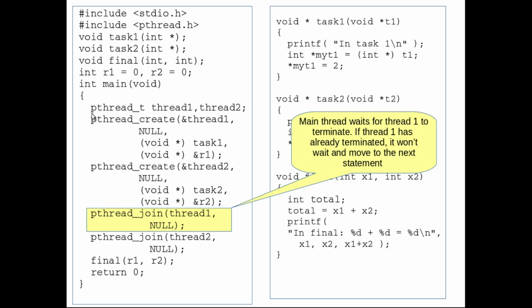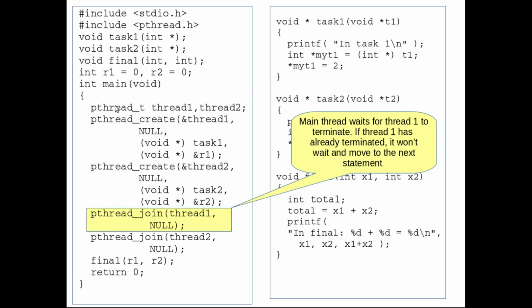Now the main thread will execute the join function, and here we are trying to join to thread1, and what it means is the main thread will now wait for thread1 to terminate. So the main thread will come here and it will wait for thread1 to terminate, but it may happen that before the main thread arrives at this function, thread1 has already terminated.